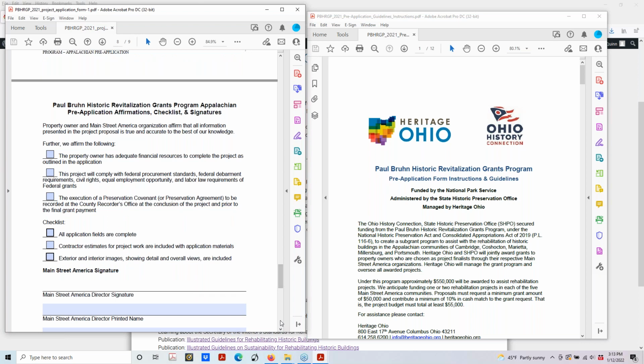And we follow that up with a page of making sure that you have checked all the application fields, that you have searched out contractor estimates so you have an idea of how much your project will cost, that you have plenty of pictures for us to look at, that you agree to having a preservation covenant placed upon the property, or that you have a preservation agreement that is executed with the preservation office,